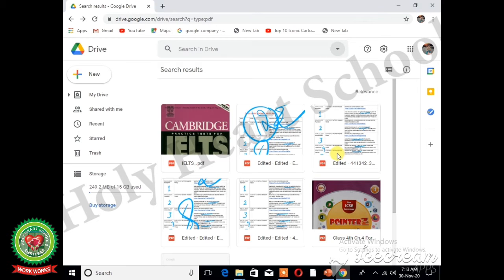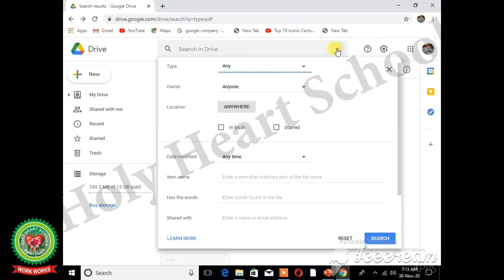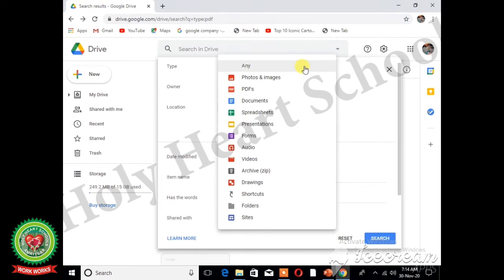Now our third method is to search a file using search options. For this, we have to click on this search options button located at the right end of the search box. Now we can fill these details according to our requirement. First one is type. We will click on this drop down arrow, and here you can see the different file types. Suppose I want to search an image file, then we will click on this photos and images option,